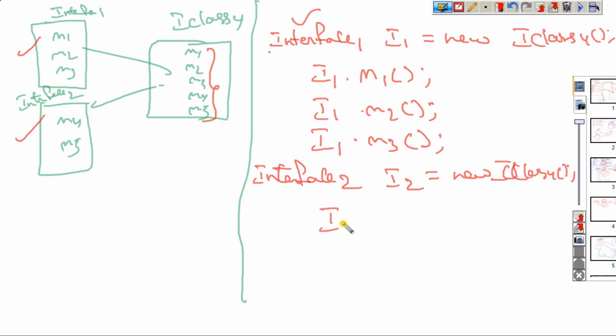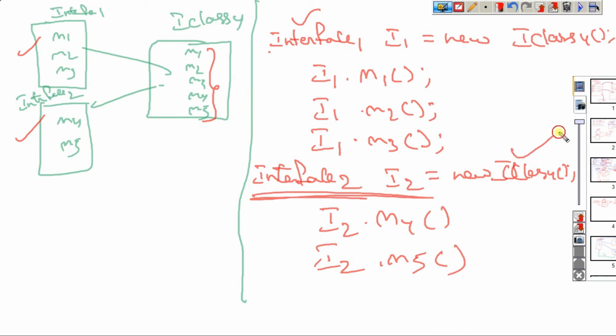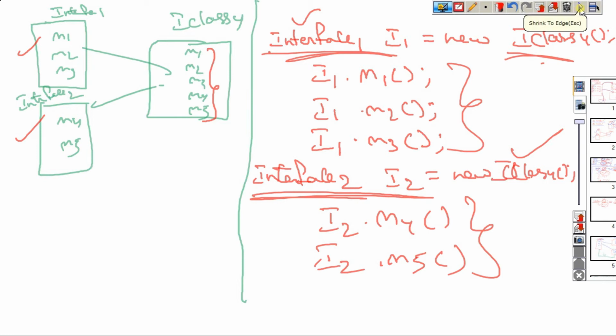Now see, I2 dot method 4, dot method 5, we can access. Only these interface related methods from the class onwards we can access. That is my point.